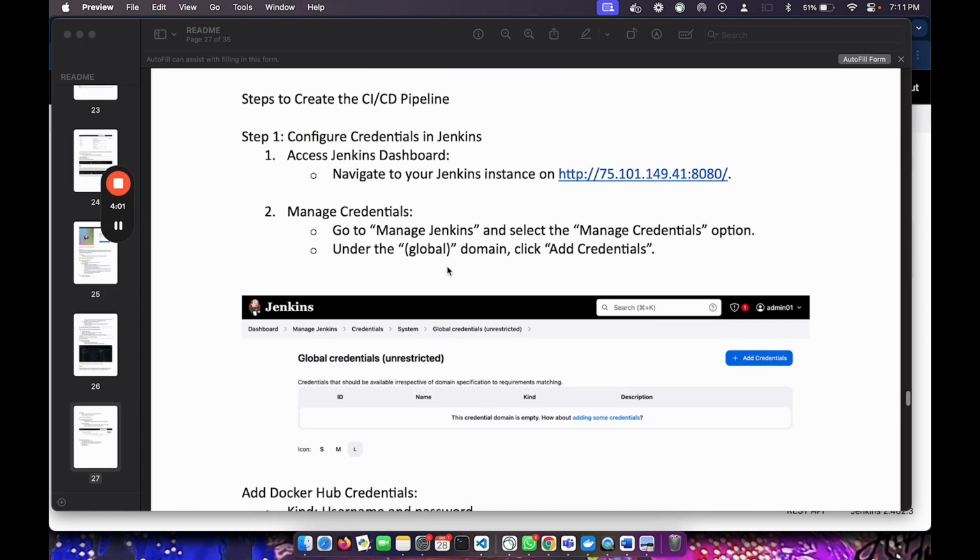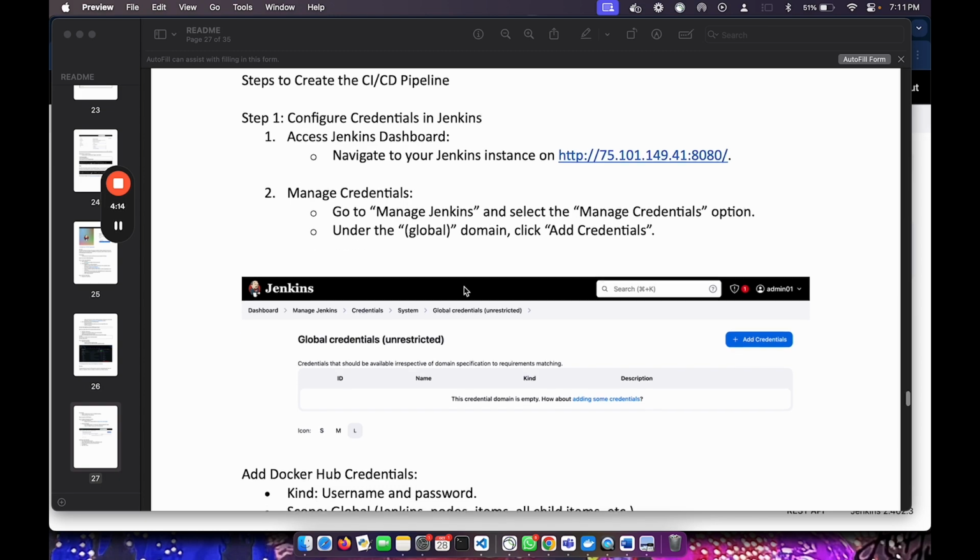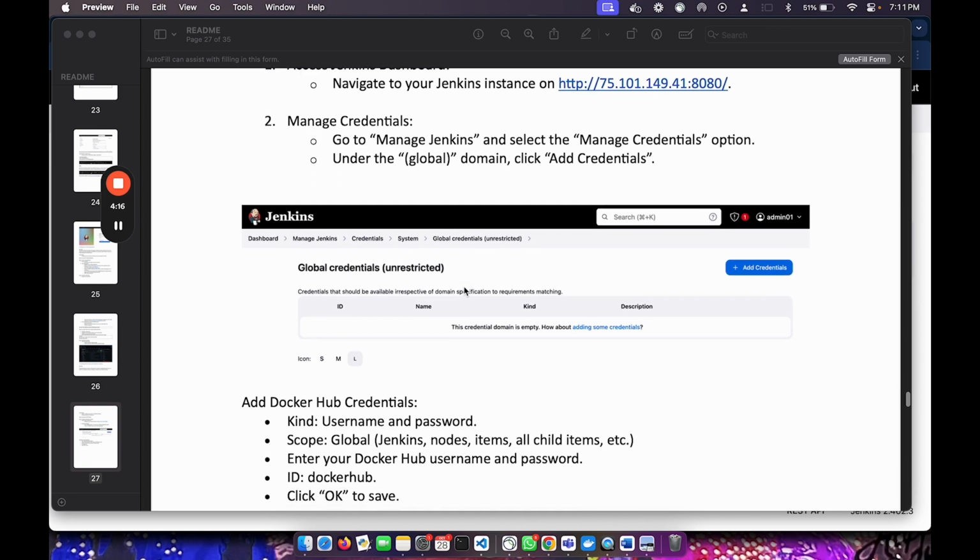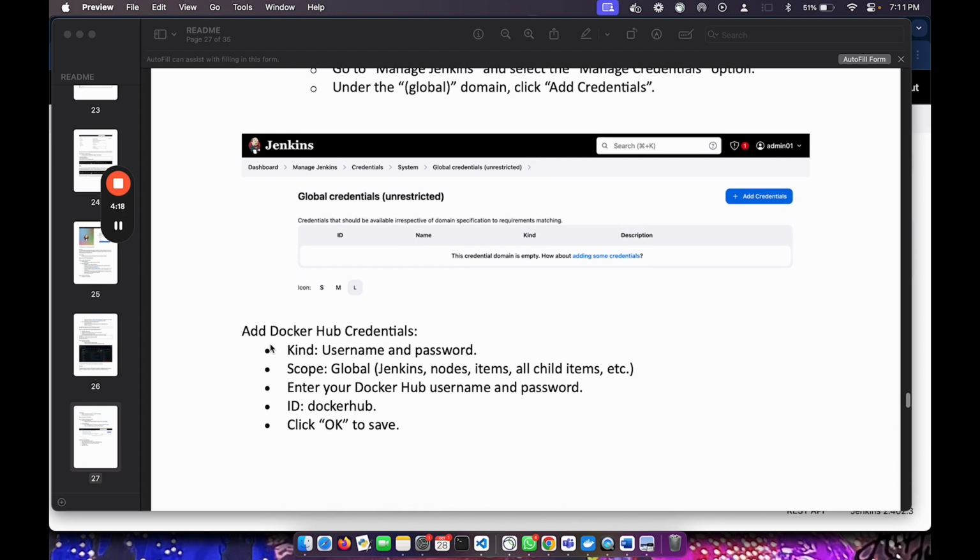After logging in, we can go to Manage Jenkins and select Manage Credentials. Here we are going to add two credentials, one for Docker and another one for the GitHub repository. First we'll go forward with Docker Hub